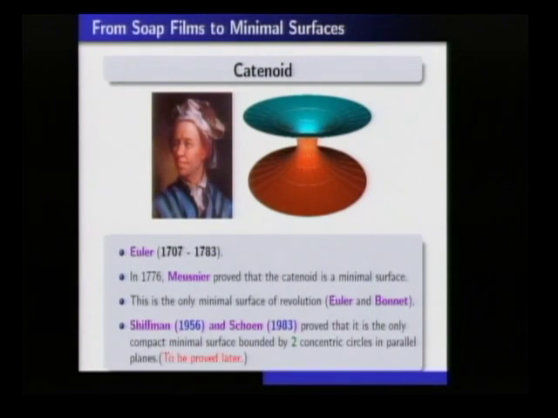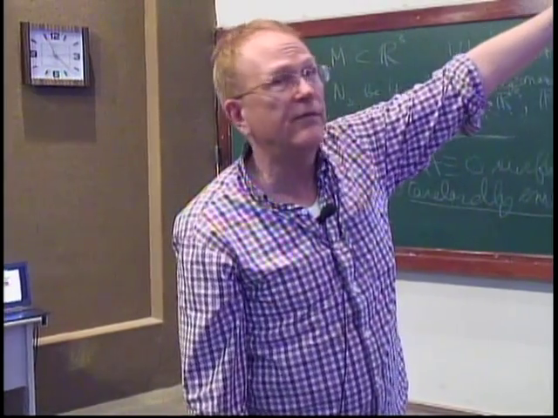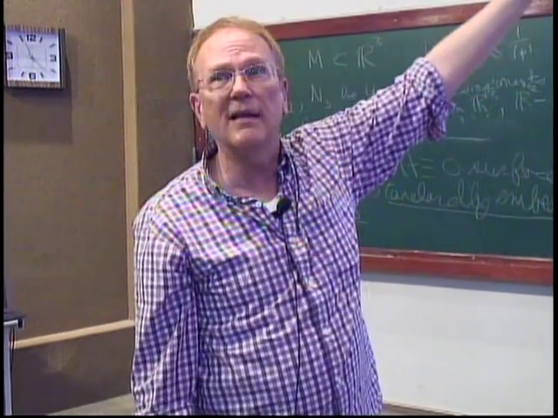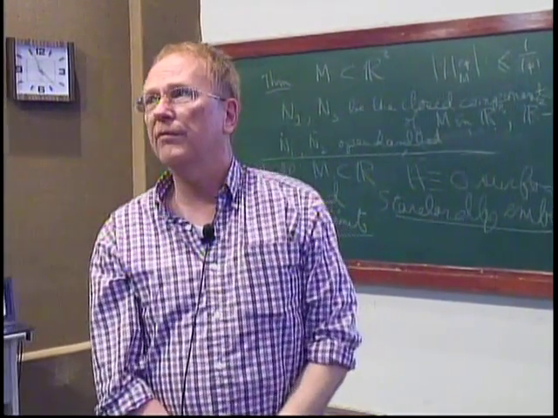So Schiffman did a certain thing. He said, if I restrict myself to annuli, then he proved, not directly, but very directly, that you get a catenoid. Rick Schoen had a different approach. He used the reflection principle, and he proved that if you take these two curves, then the surface has to have all of the reflective symmetries of the boundary. So the surface has to be invariant under all vertical planes that contain the axis of the two concentric circles.